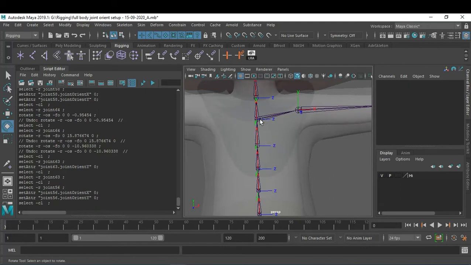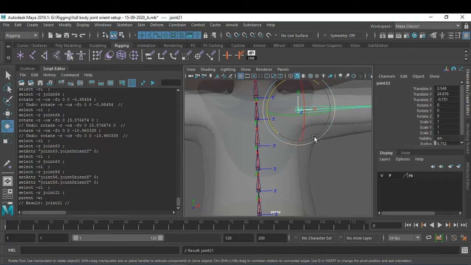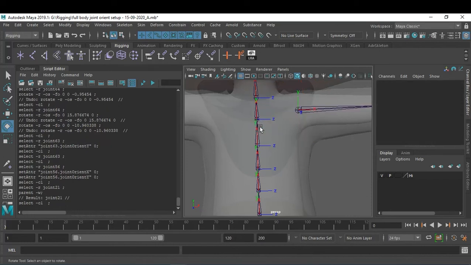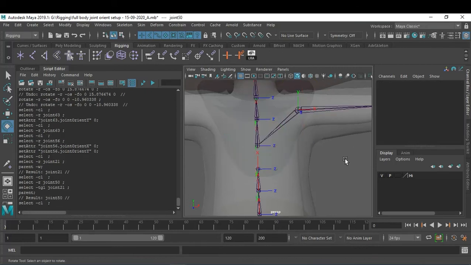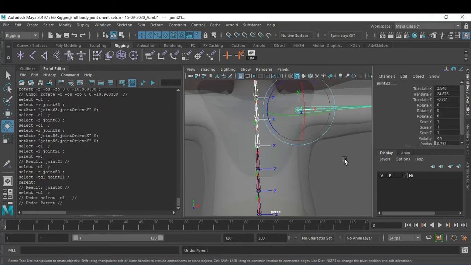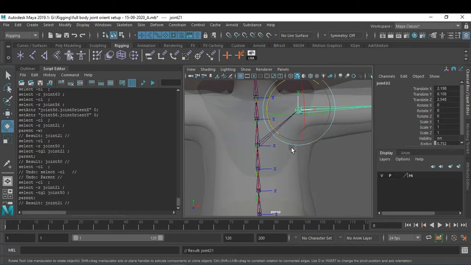So instead of this chest joint, you need to connect. I'm just pressing Shift P to unparent, and I'm going to connect this particular joint to the solar plexus joint, child then parent, P, and sorry, wrong. You select your child and then parent, this P.